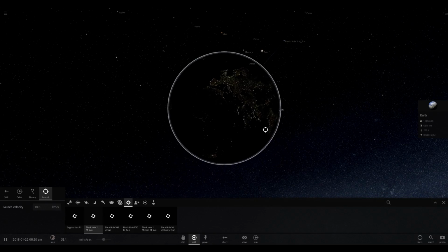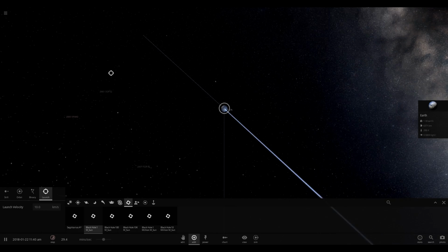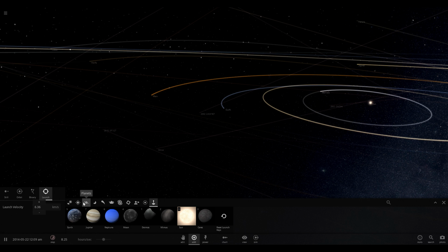I expected explosions and a lot of craziness. But no, Earth is totally fine. It's just going off into the middle of nowhere. Okay, I'm going to drop the launch velocity a bit. We're going to go down to 6.36 kilometers a second. Let's be extremely specific here. We're going to go back to black...